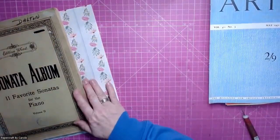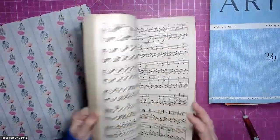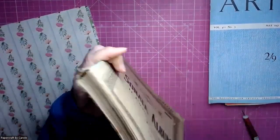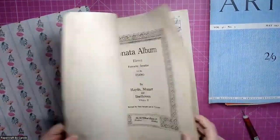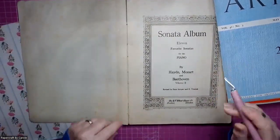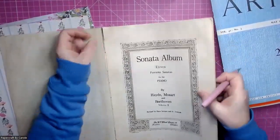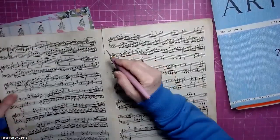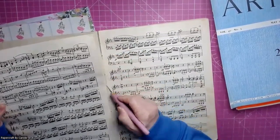And then this one I found at one of those little emporiums that has all sorts of different stalls. So this one, I don't know if you can catch, has multiple signatures. So what we need to do is get in there and cut the binding. So what we'll do is we'll find, see, I've got hold of a whole signature there. And because it's quite old, you can see it's moving here. So if I just push this over, I can see the little threads that are holding it together. So I'm literally just going to use my craft knife to